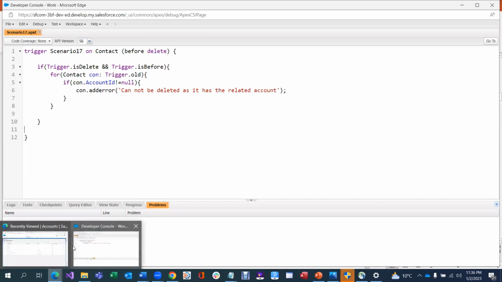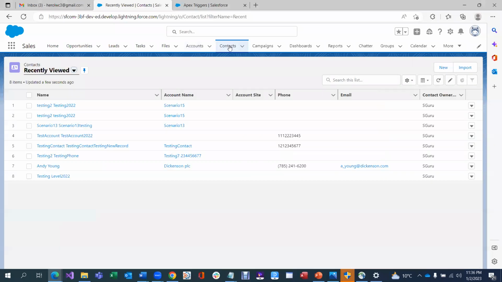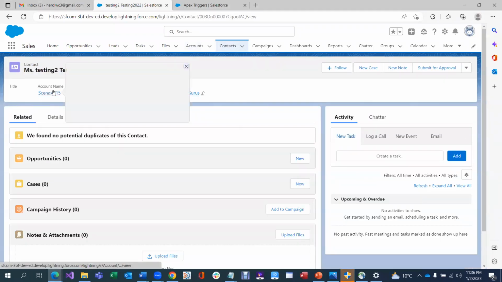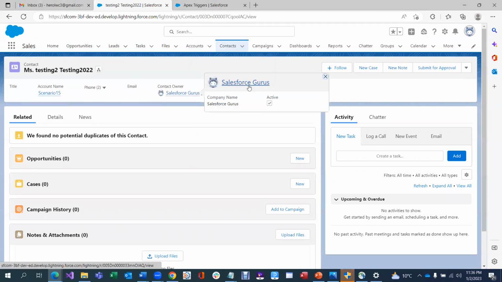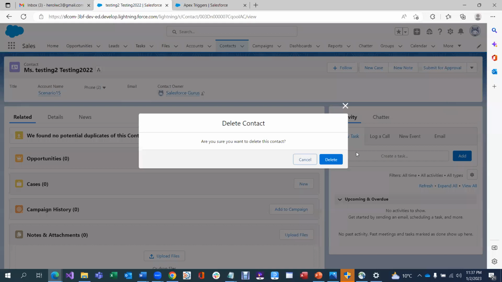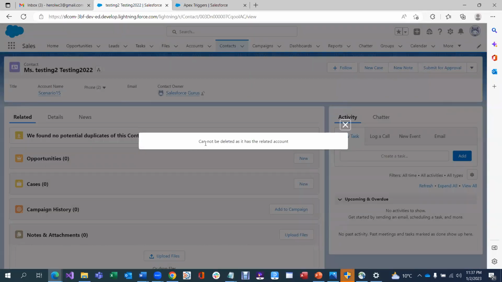So let's go and try to delete that. Let me go to the contacts and open the one called Testing. Does it have the account? Yes, it has the related account. Let me go ahead and perform the delete operation and see if that allows us. Hit the delete button. See, it throws an error message: cannot be deleted as it has the related